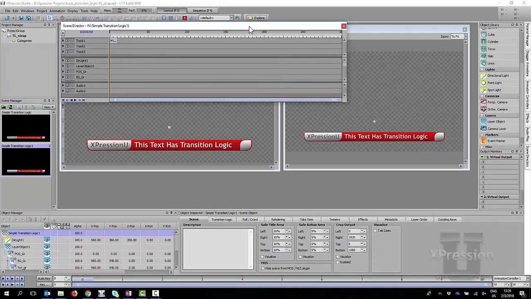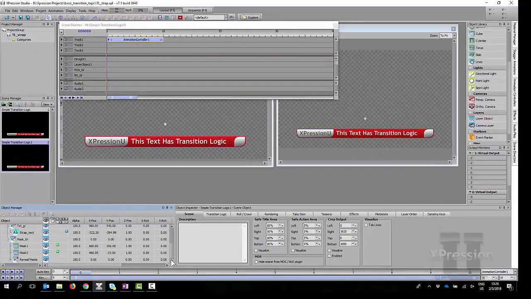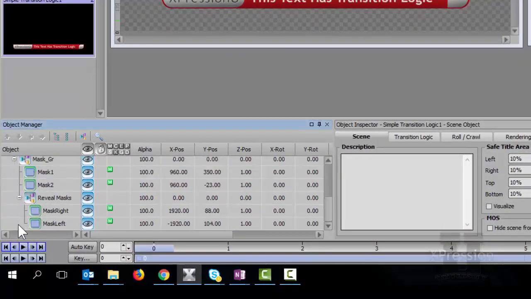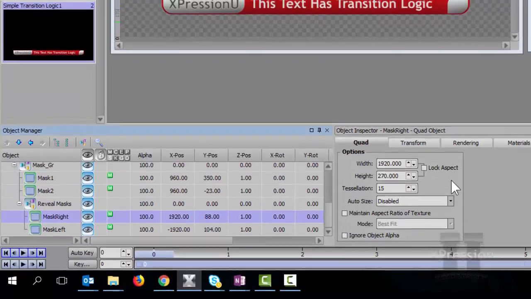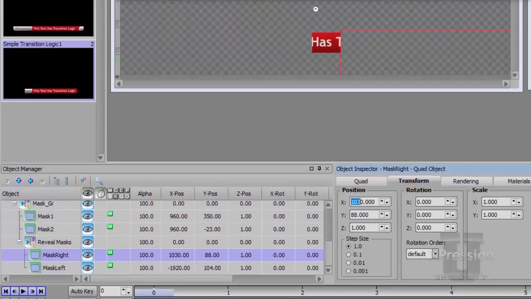Because I'm working with one screen for this video, it's going to be a little bit cluttered. Normally I prefer to work with 2 screens. I recommend that for yourselves as well, but for the sake of this video we're going to work with just the one. I'm going to zoom in here, and of course what I need to do is make a reveal. I've got some masks, and if we have a look here, I've got my mask on the right, which is somewhere over here, and if I move this in, you'll see that my mask on the right and the left are actually moving together.